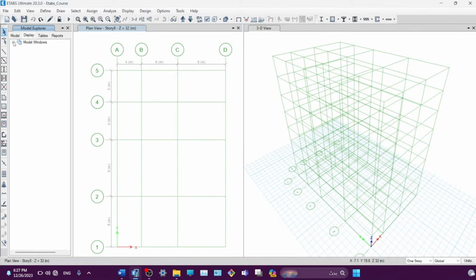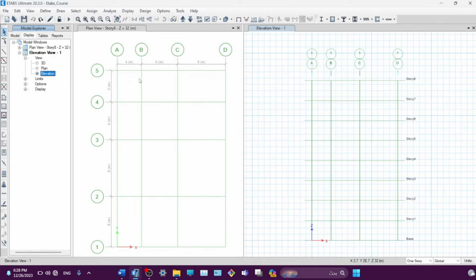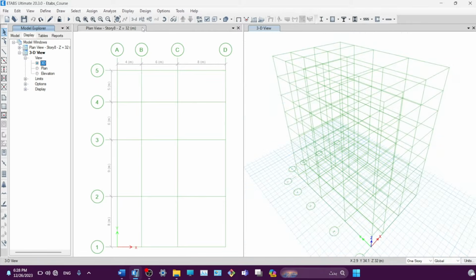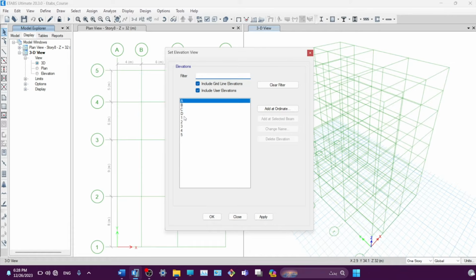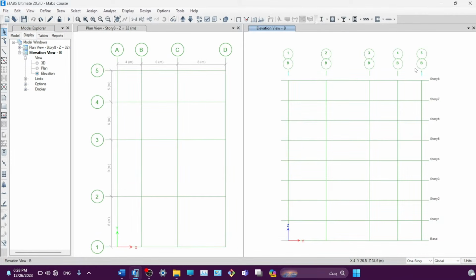From display, you can display, for example, 3D view. You can display a lot of things like views. For example, for 3D view, I want to change it to plan. So it's a plan, or I want to change it to an elevation. The same thing as you can change it from here. Elevation, and you can set the elevation for B, for example. You can see the elevation B. Also, you can